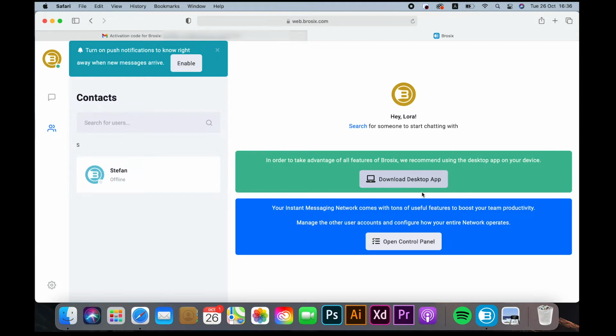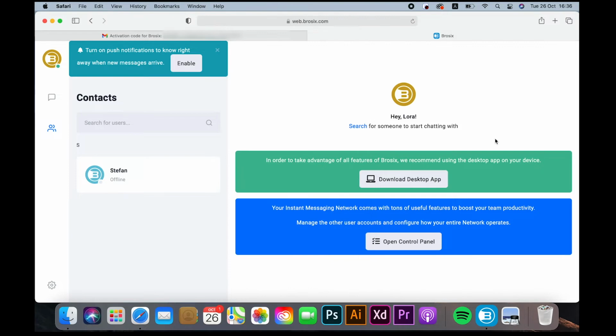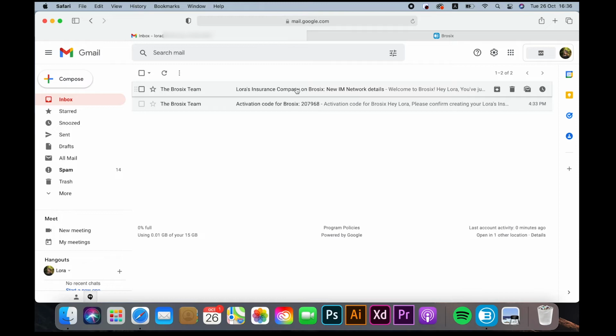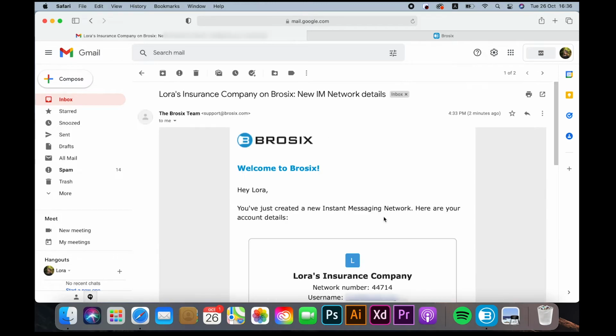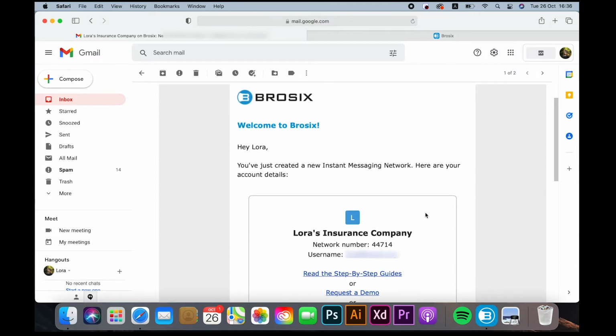So you click here. As you can see, I have already downloaded Brosix, so I will directly click on the icon here. Let me see if I already have another email from Brosix. So here are my credentials to enter my user account as a user, not as an admin already. So network number, this is my network number. It is specific for just our network. That is for Lora's insurance company. So I copy this one,